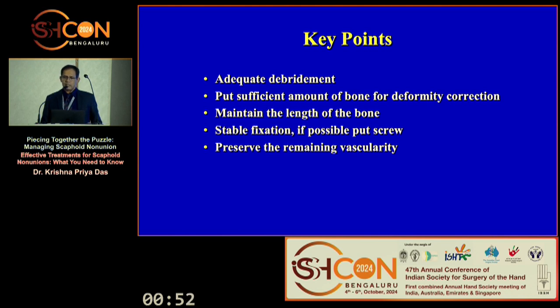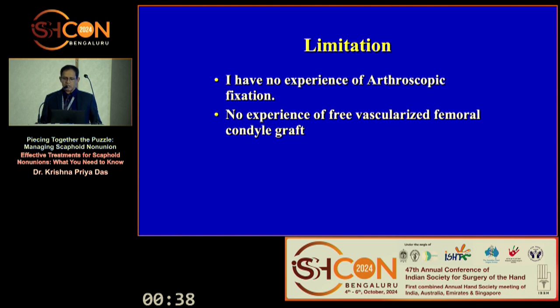What is the key point? Adequate debridement at the fracture and non-union site. Put sufficient amount of bone for deformity correction and maintain the length of the bone. Stable fixation, but not always need to fix with the screw. Preserve the remaining vascularity. What is the limitation? I have no experience of arthroscopic fixation,